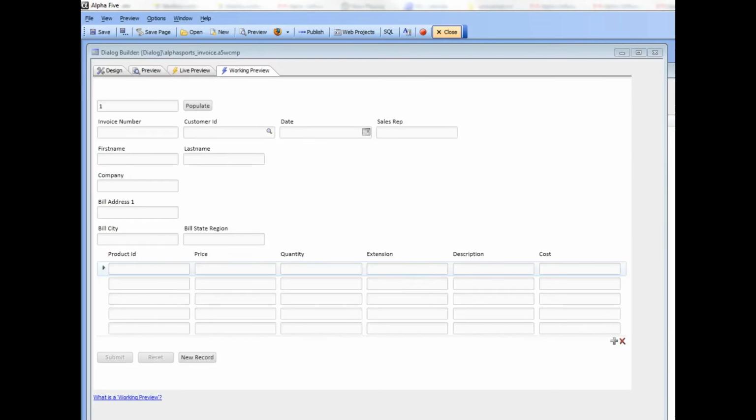In this video we show how you can use server-side action scripting to populate a dialog component with data from a table. In previous videos we've shown how you can use server-side action scripting to save data from a dialog component into a table. But in this case you can see here we have a dialog component that looks like an invoice,